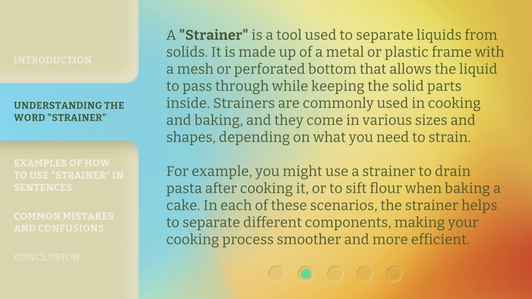A strainer is a tool used to separate liquids from solids. It is made up of a metal or plastic frame with a mesh or perforated bottom that allows the liquid to pass through while keeping the solid parts inside. Strainers are commonly used in cooking and baking, and they come in various sizes and shapes, depending on what you